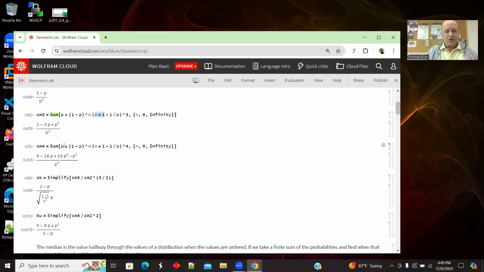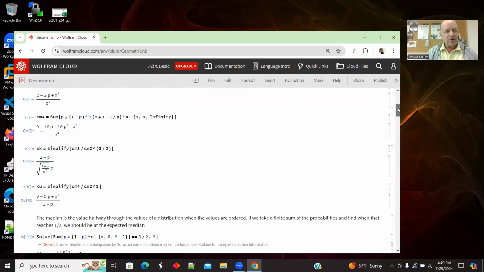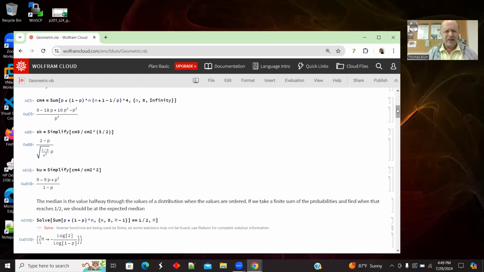And I can also do it for the fourth central moment. And I got that, or Mathematica got that. Okay. When you're defining the skewness,